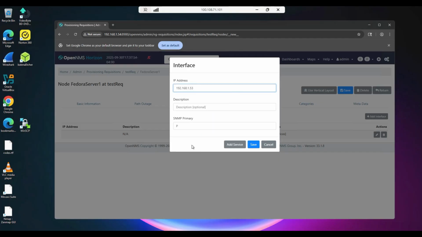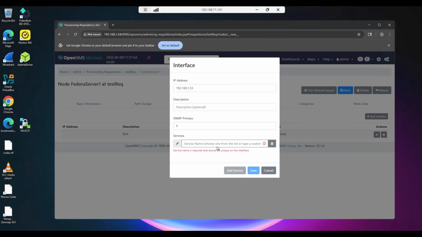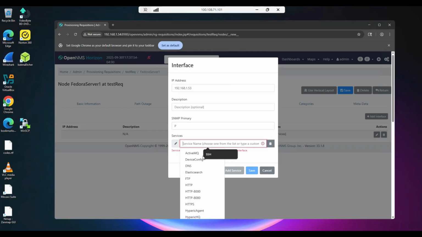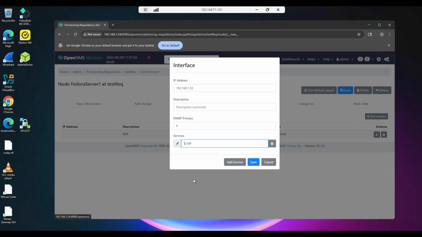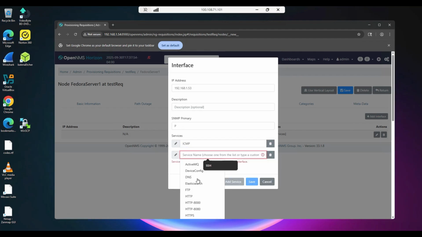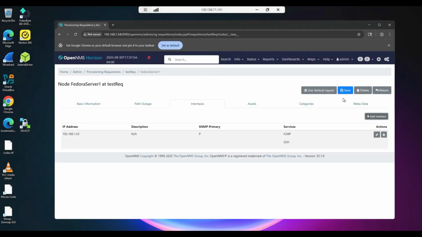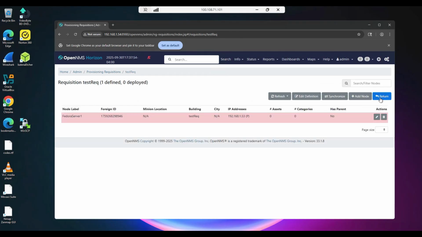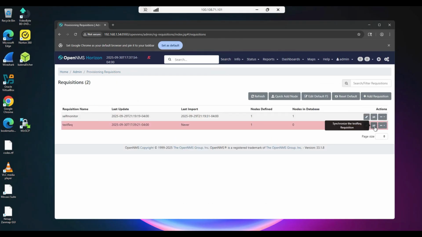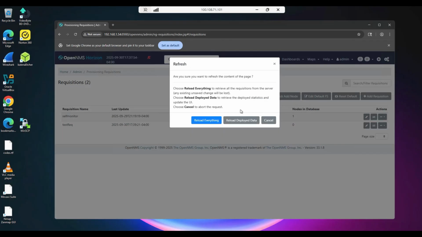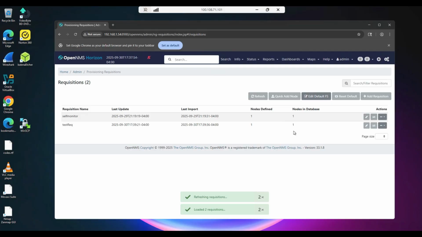.53 for our client, and along with SNMP, we also want to add ICMP and SSH, and we'll do a save, and I think we're good. Let's do a return, and then we can do a synchronize here. Do a refresh, make sure everything is there. Okay, so we have a node in the database and defined now,